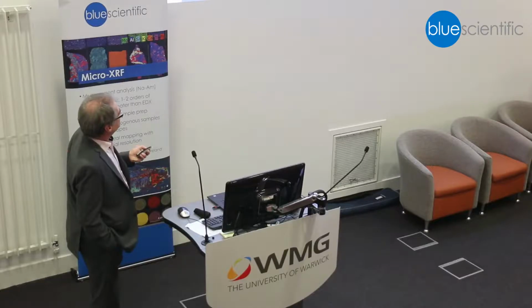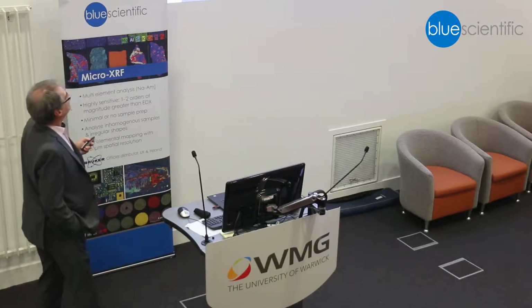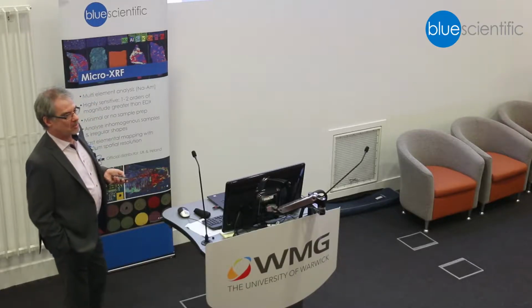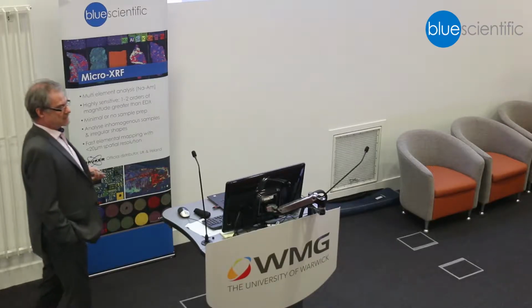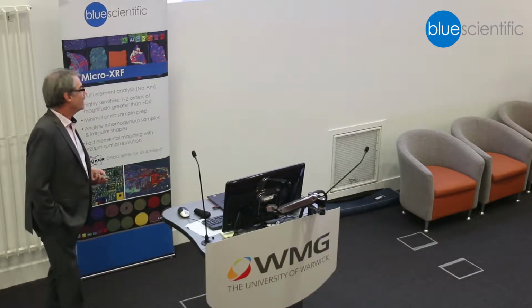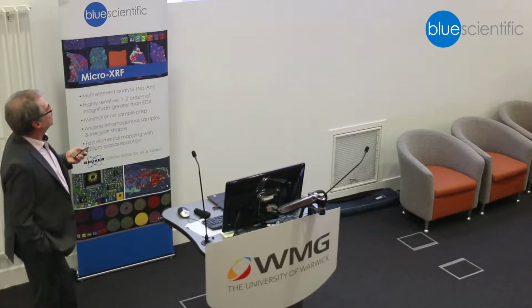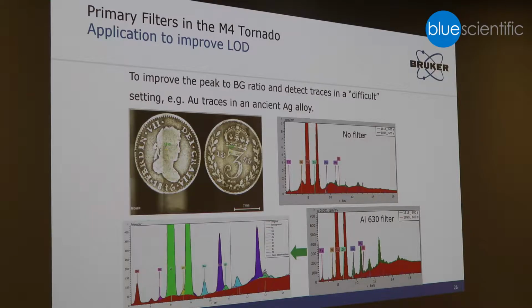which you don't see in the spectrum of the coin which got minted in 1899. So in 1816, the silver was contaminated by gold and lead, and in 1899 they already had the electrochemical capability to do a clean coating without the accompanying elements. In this case, you had to use the primary filters in order to reveal